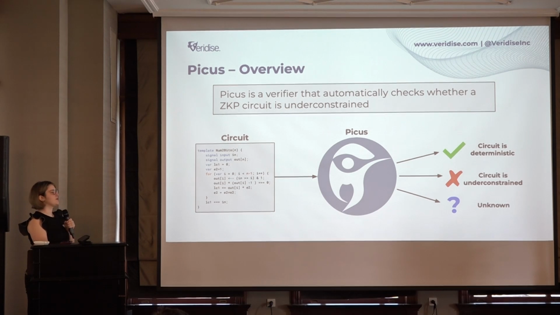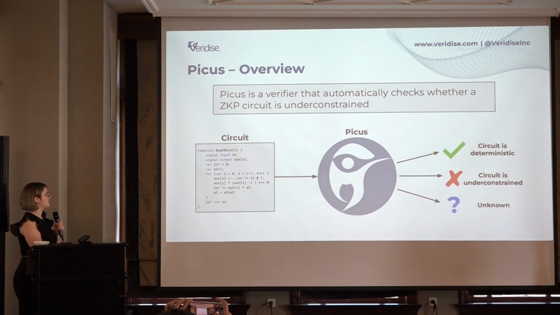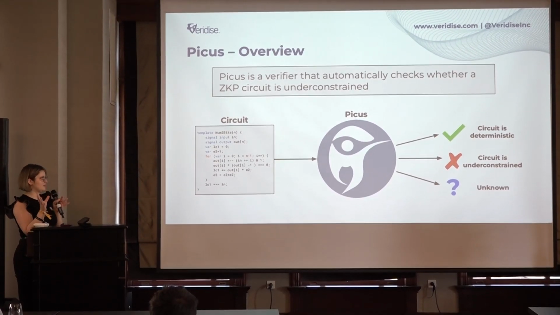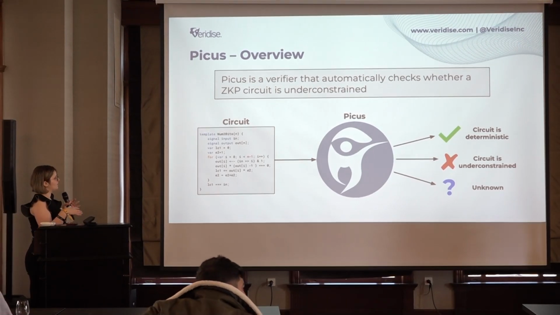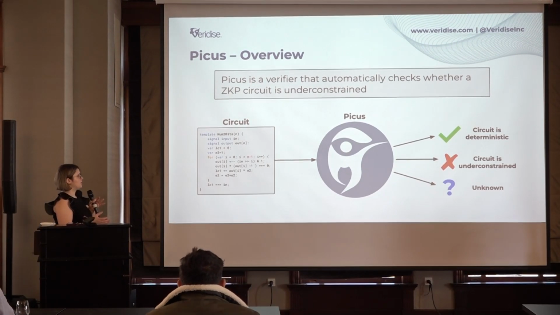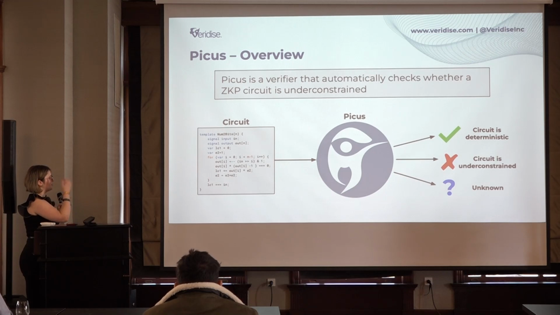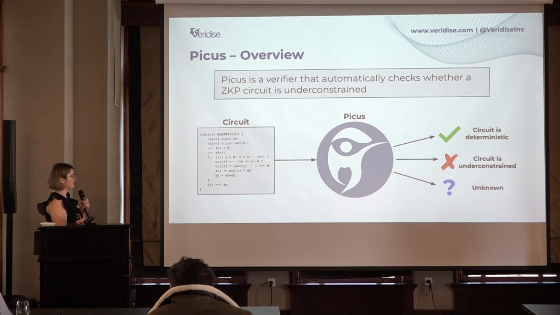Okay, and the second tool that we'll talk about is PICUS, and PICUS is a verifier that automatically checks whether ZK circuits are under-constrained. So it is specialized on under-constrained circuits. Again, it will take the circuit, and it will output if the circuit is deterministic, meaning that the verifier doesn't accept bogus inputs, and it will also trigger a warning if the circuit is under-constrained, or it will output unknown